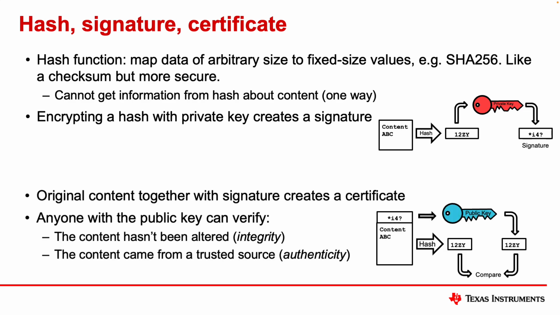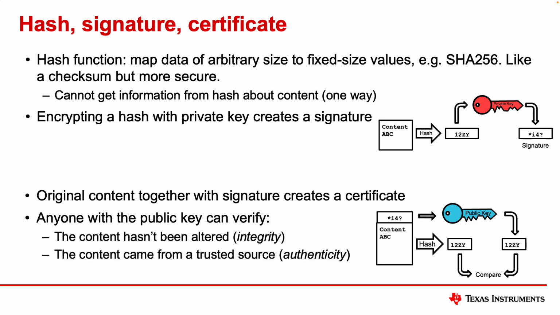Here's the example of using the public key. In this example, we've combined a signature with the original content, and that's a certificate. All right, so this is some metadata on top of your normal image content, and we're going to use that metadata to decide: is this the content this person wanted me to have, or in our secure boot scenario, is this the content that I'm really supposed to be allowed to execute, or the code that I'm going to run.